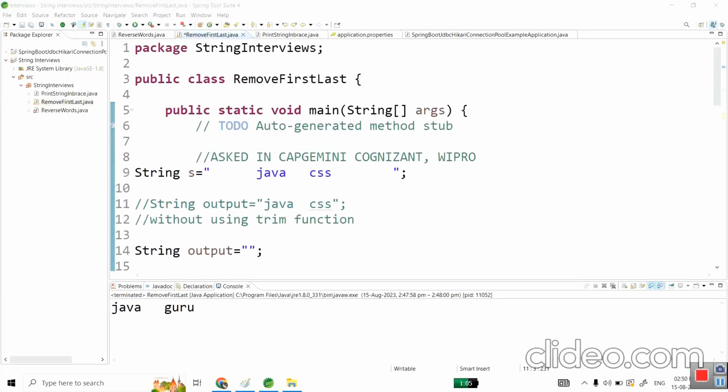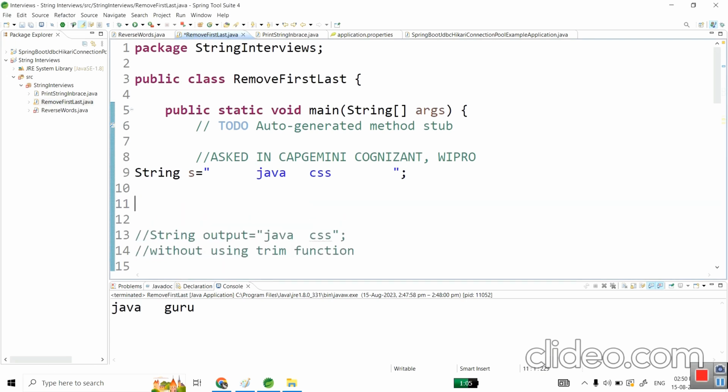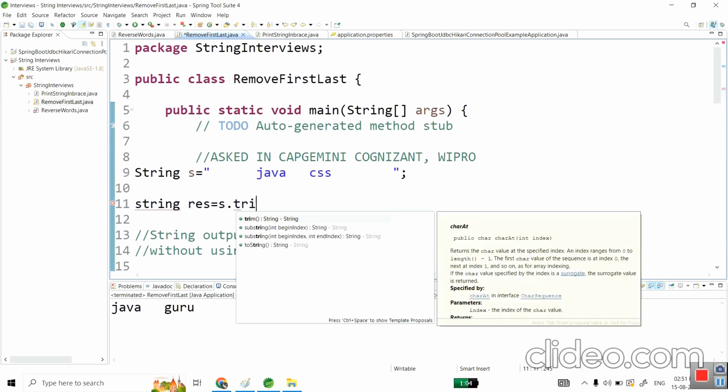Let's discuss one of the famous interview questions which I faced in Capgemini, Cognizant and Wipro. The question was, given the string "  Java CSS  ", write a logic without using the trim function. We know the trim function in strings: String res = s.trim();